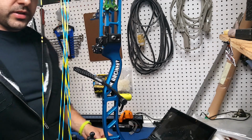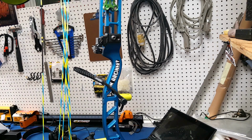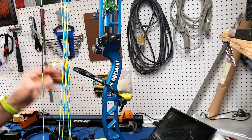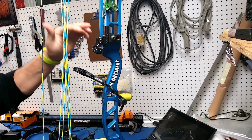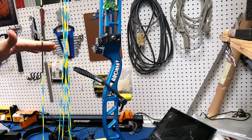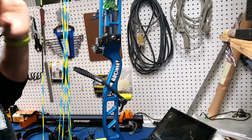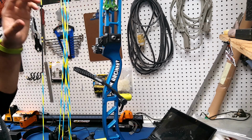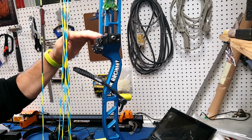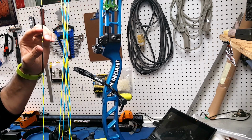Alright, so next on the agenda is replacing the arrow rest and centering. You will notice that for any other bow, this would go the other way. First we would put the rest, center it, make sure it's at a certain height, then nock, and use a level to figure out where the nocking point would be. But again, because of the symmetry of the bow, we know that the nocking point has to be down the middle,